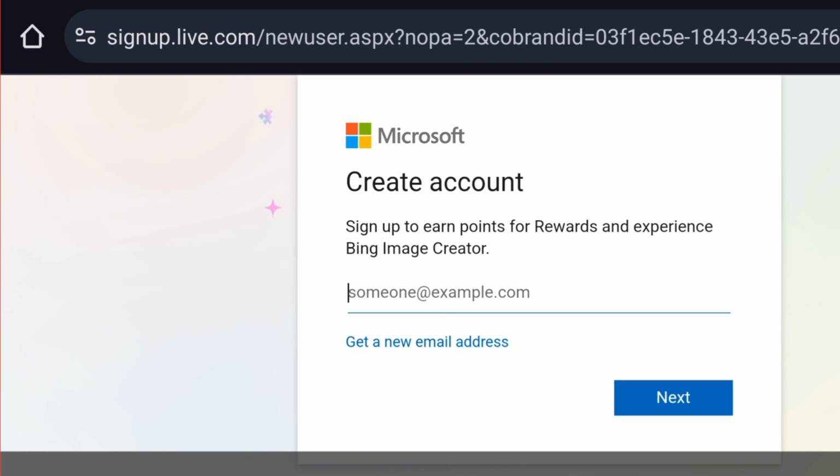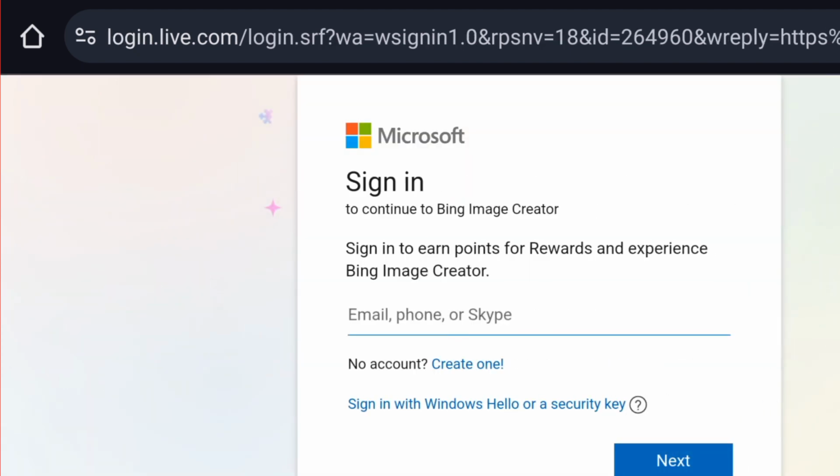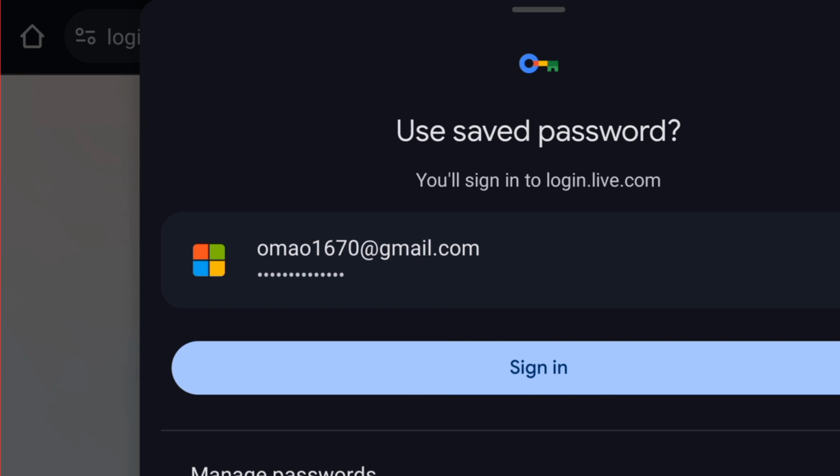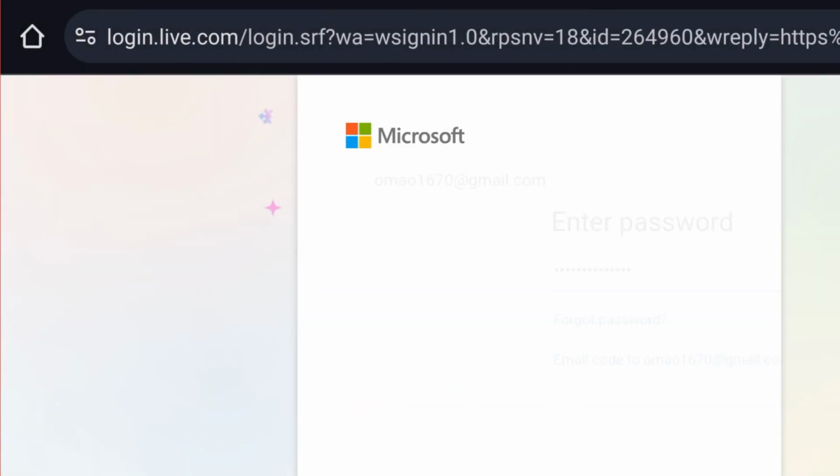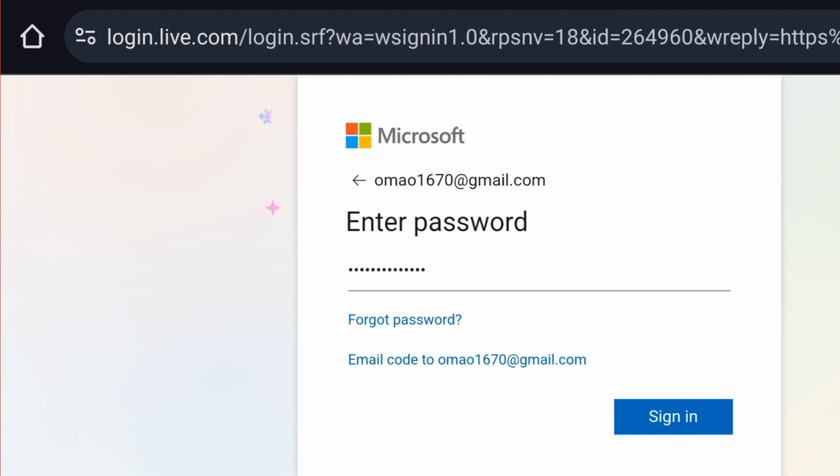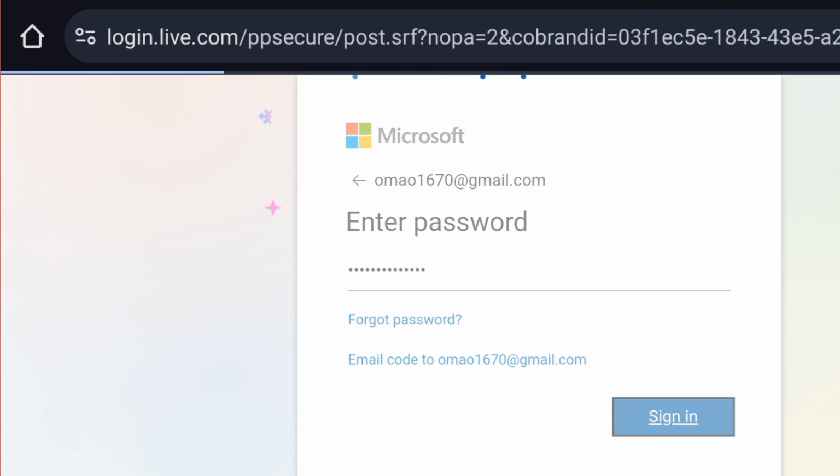So that's how to create an account with them, and I believe everyone should have his or her Gmail account. So you can just go ahead and do that, and then once you are done creating your account, to sign in, you just click on this right here. Once you tap on it, the account you created on Microsoft, you have to automatically save your login, so that once you click here, your details will pop up for you to just sign in, and then you click on sign in. Okay, so I said enter password, but my password is already saved on it, so I'll just click on sign in, and that is going to